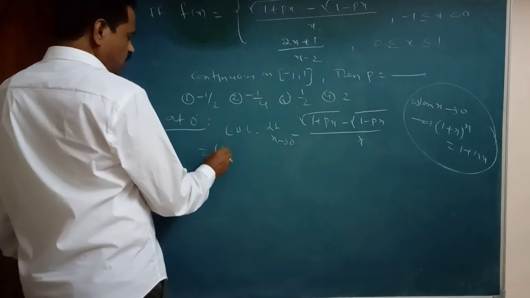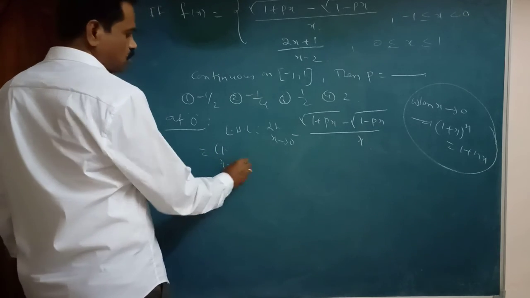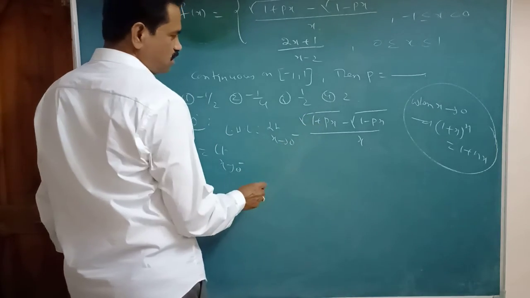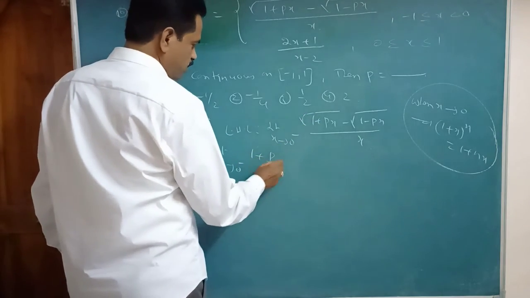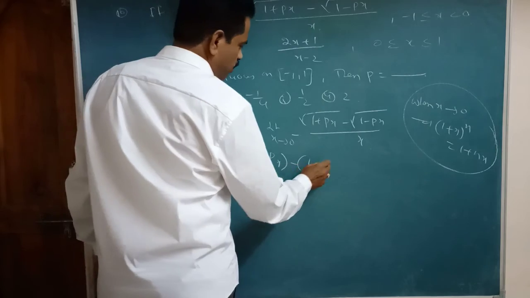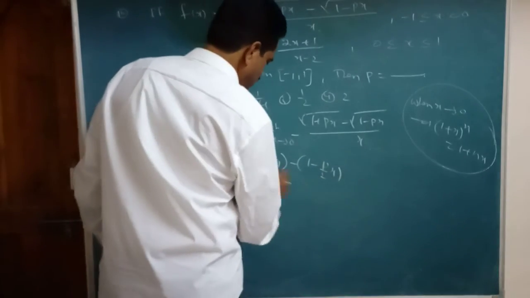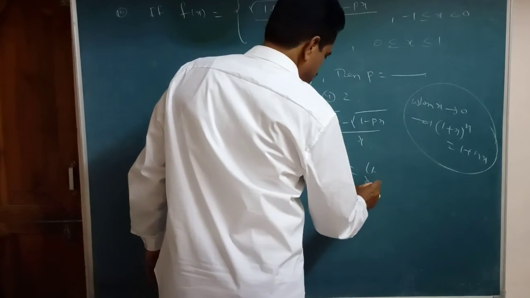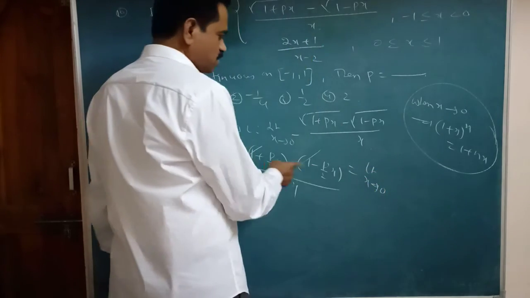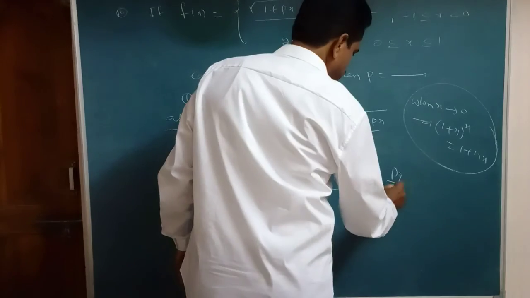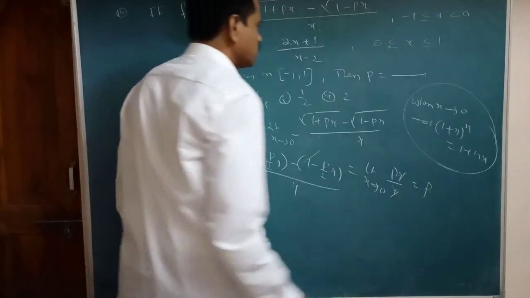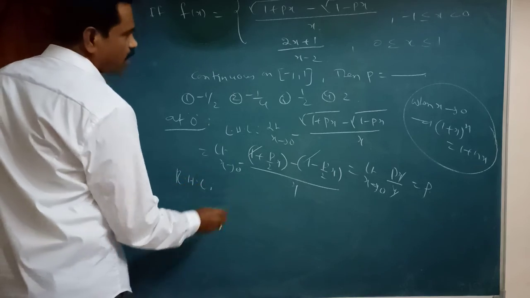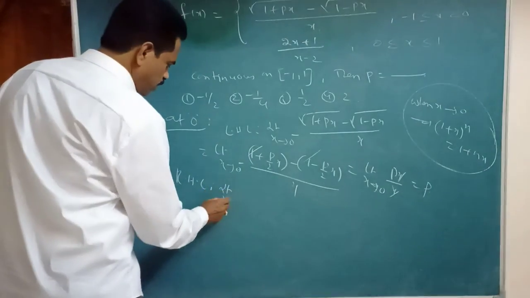So that equal to limit x tends to 0. Here 1 plus x whole power 1 by n, n multiply here. So that is how much here? 1 plus p by 2 x minus 1 minus p by 2 x divided by x. Here 1 cancel. So that equal to limit x tends to 0, p by 2 x plus p by 2 x, here px by x. It is how much here? P.